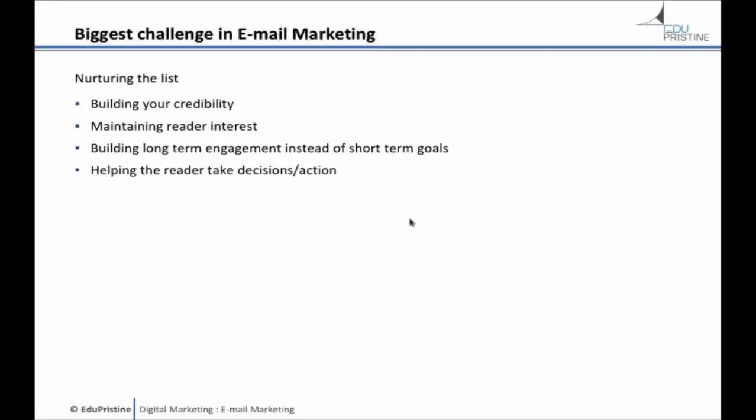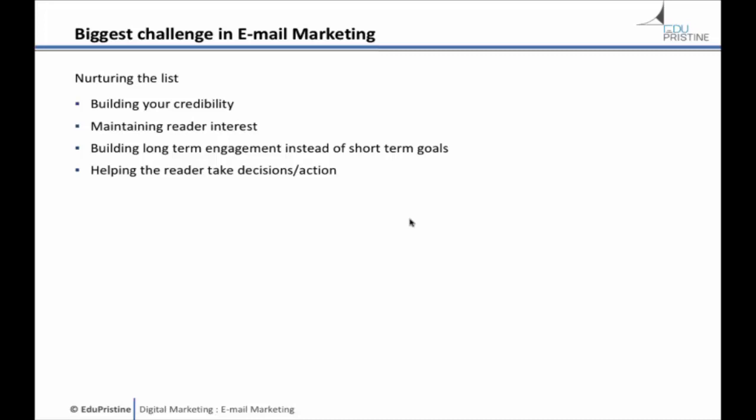You have to maintain their interest, which is very, very difficult, because that means you have to curate content most of the time, and also keep reminding them about your products and services. So yes, that is very important. It's not that you just register, send one email and then forget.